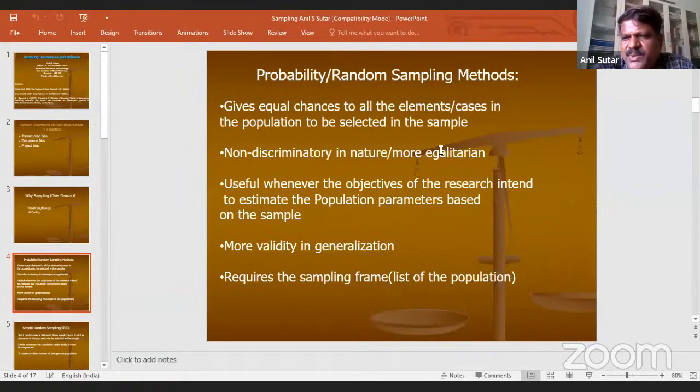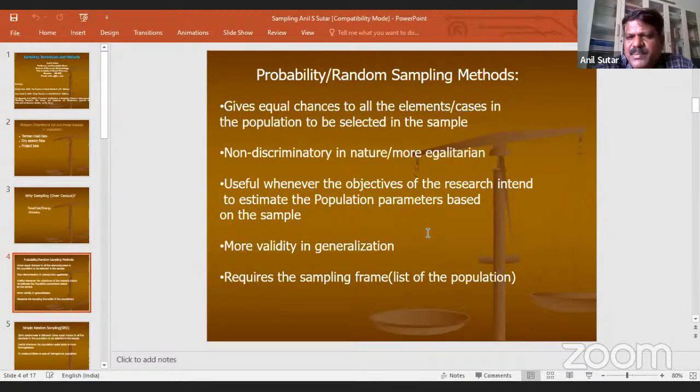For example, certain management teachers may not be listed in my sampling frame, and that can be an issue. These random sampling methods are quite crucial when your research objectives are aimed at estimating population parameters